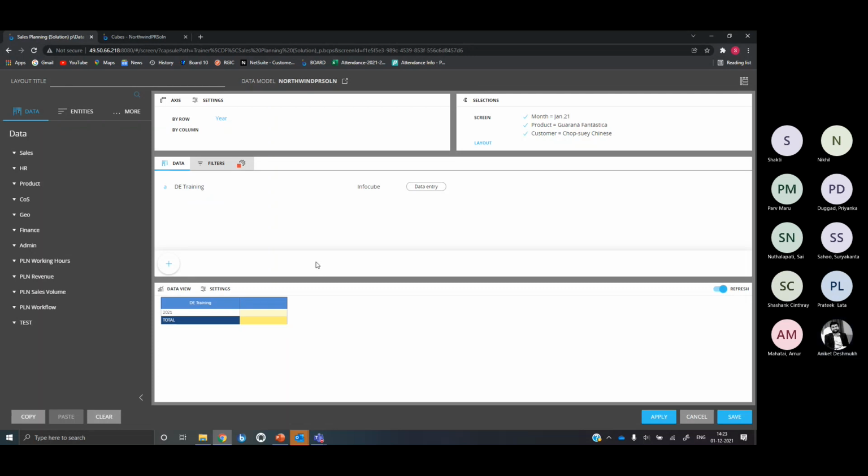Okay. Now tomorrow you would come to me and say that, okay, my cube has 7 dimensions. I'm trying to put all those 7 dimensions in my axis, and the data view is getting hung. So as a standard practice, avoid using more than